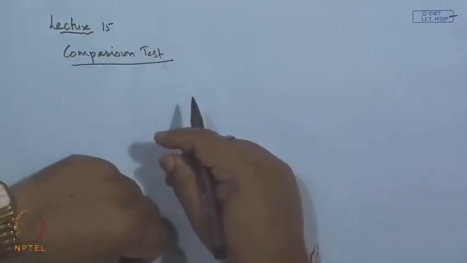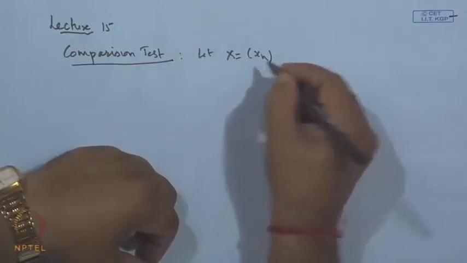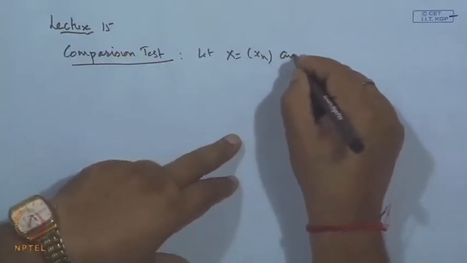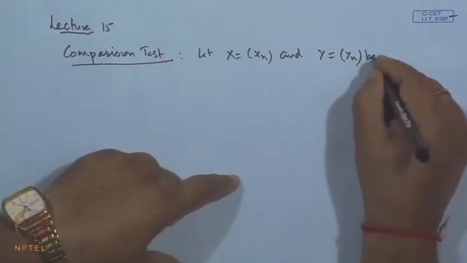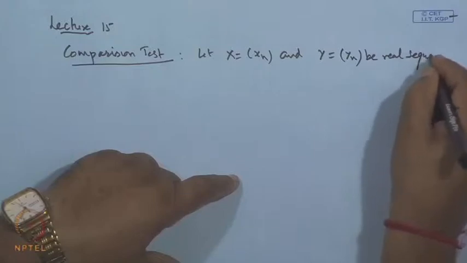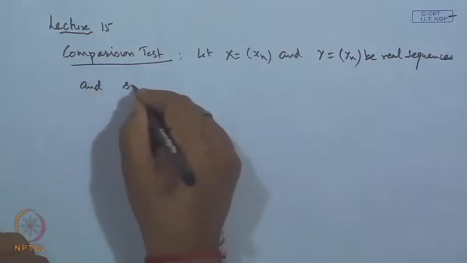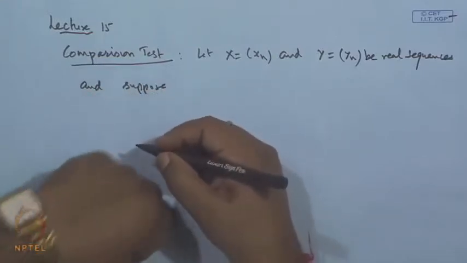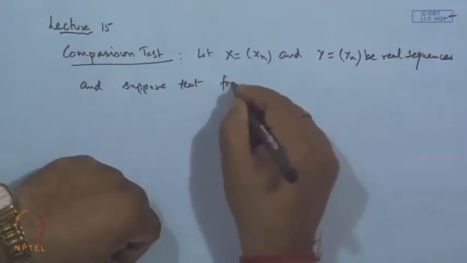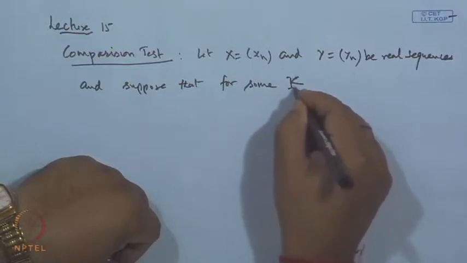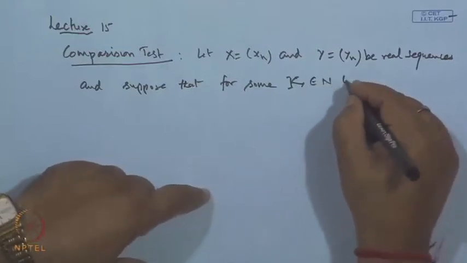The test says: let x n and y n be real sequences, and suppose that for some k, which is of course a positive integer, we have